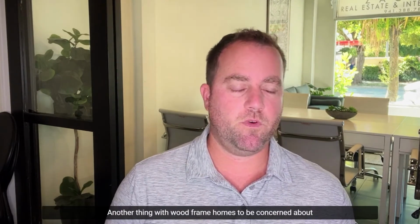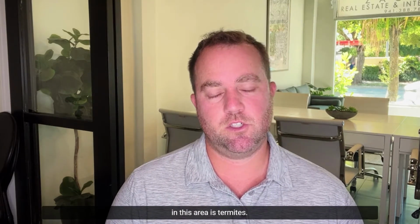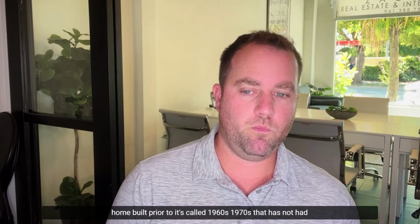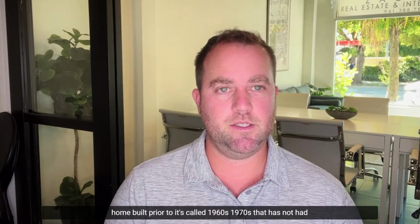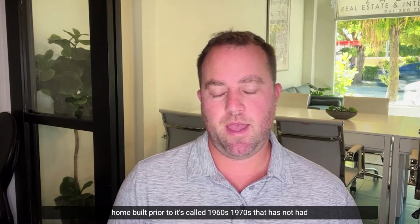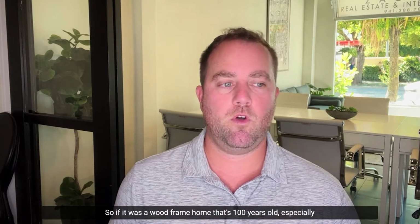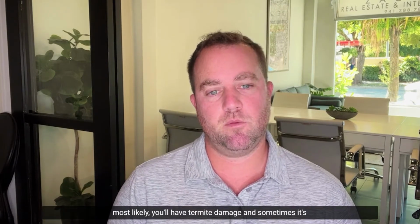Another thing with wood frame homes to be concerned about in this area is termites. I don't think I've ever sold a home that was a wood frame home built prior to, let's call it 1960s, 1970s, that has not had termite damage at this point. So if it was a wood frame home that's 100 years old especially, most likely you'll have termite damage, and